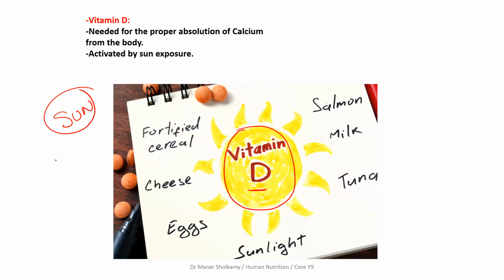Activate. Very good. So when you are exposed to the sun, the vitamin D that is stored in your body will become activated. Now, what happens when the vitamin D is activated? Why is it important to be activated? Ziad Dessouki, tell me, why is vitamin D activated? Because of the sun, vitamin D is stored under the skin. Very good. It is a fat-soluble vitamin.